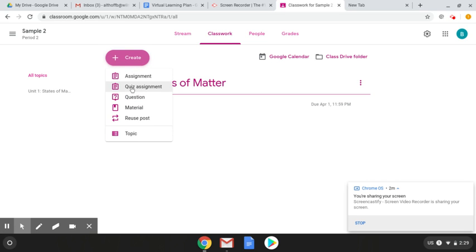You can also add a quiz. This will take you directly to Google Forms. So again, if you are not well-versed in Google Forms, I would not recommend using this quiz form as an assessment piece. But you can also do a question, and a question would be really good if you want to have a discussion,